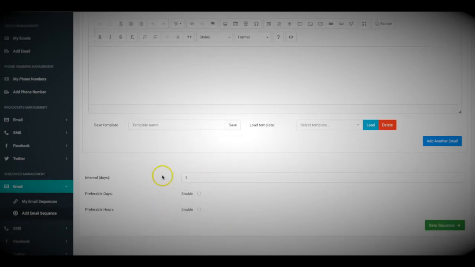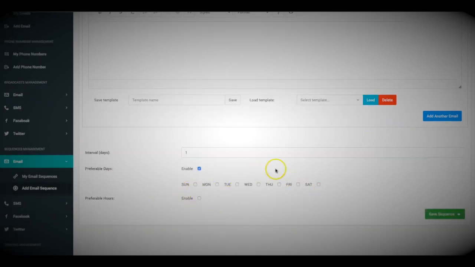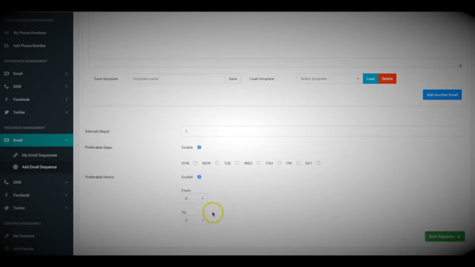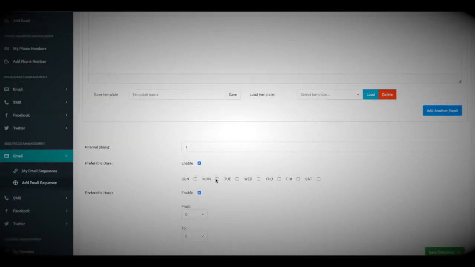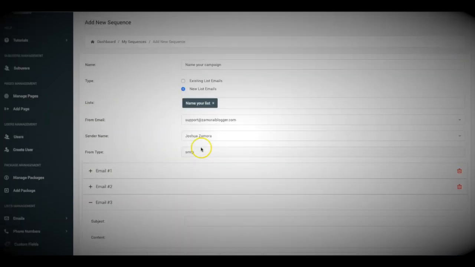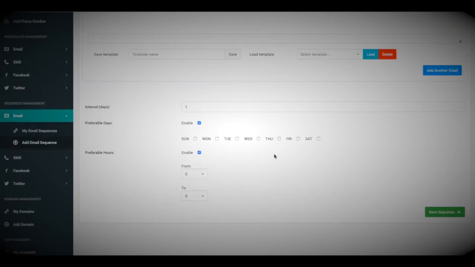And down here at the bottom, you can also set up a full flexible schedule, okay? So you can choose however many days in between each email the next email is sent. You can choose what days of the week these sequences are sent, and you can even set the time of day that these sequence emails are sent. Okay, so we have full flexibility in how your emails are sent, when they're sent, and all those very powerful